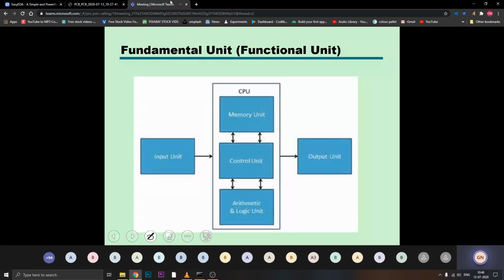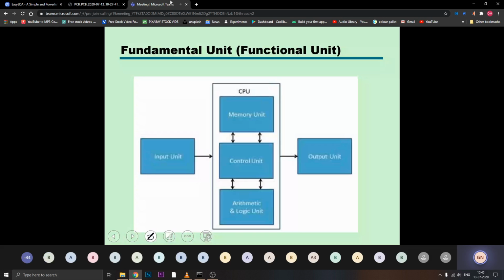Whatever the diagram or the figure you are looking at, it is a diagram of a fundamental unit, sometimes also named a functional unit. So this is the fundamental unit or functional unit of a computer. I forgot to label it. It is the basic structure of a computer. Whatever fundamental structure we talk about can be shown using this figure.